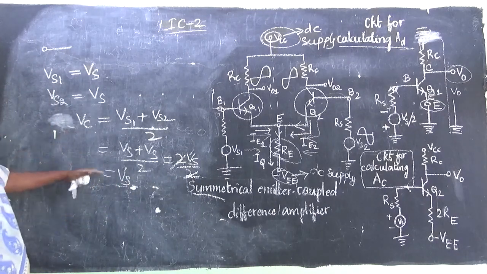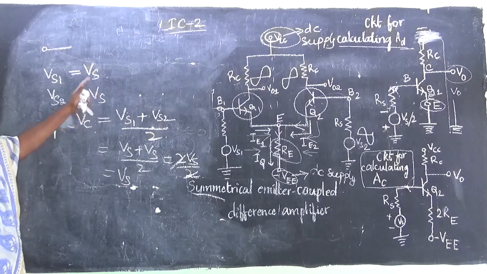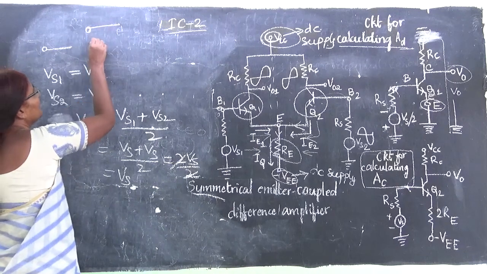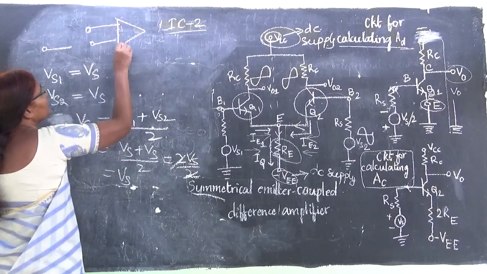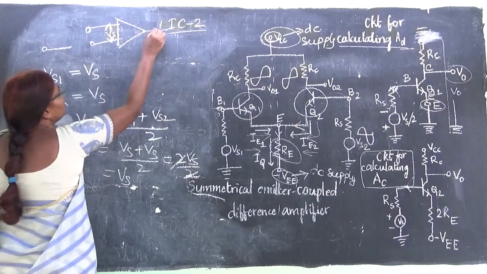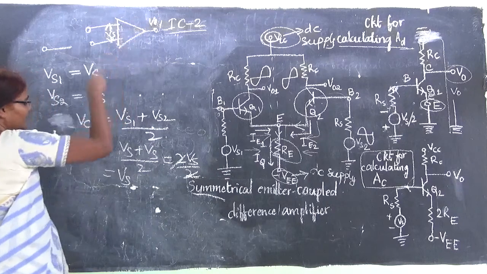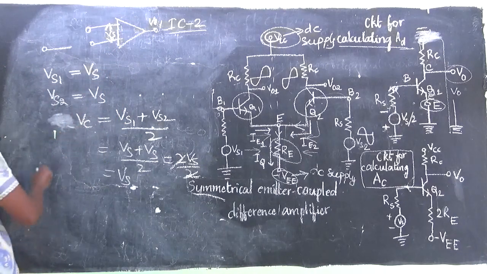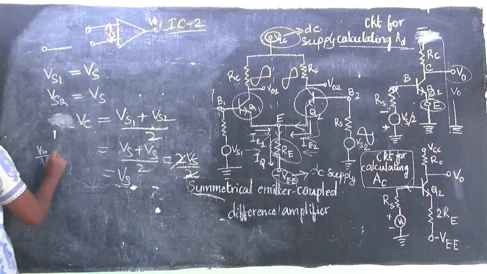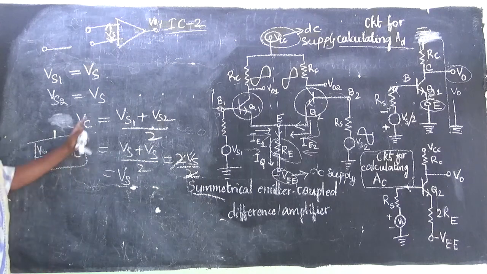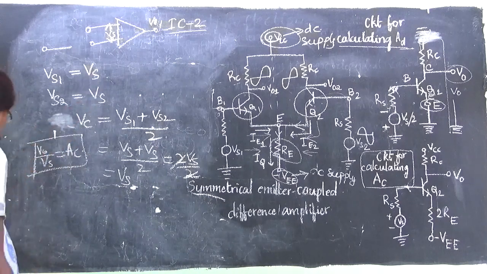So finally what I want to get is Vs. To get Vs, I have adjusted my inputs such that the differential input, that is the difference of these two inputs, should be Ds, and this is my output. So V naught by Vs, I will get finally AC, which is nothing but the common mode gain AC. To calculate this, I am using these values. So now, I think it will be clear for you.